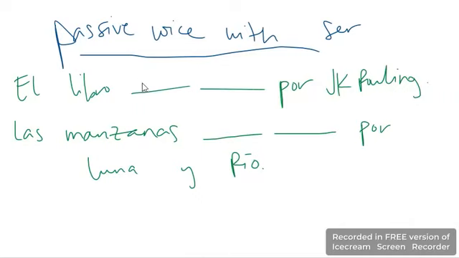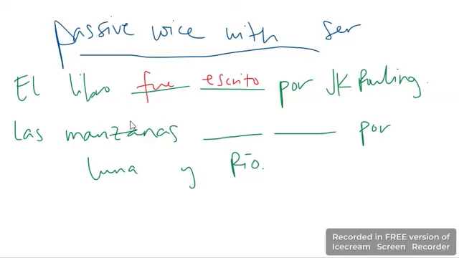So normally this is in the past tense, although you can use it in any tense, future, conditional, whatever. But normally it's going to be in the preterite. So el libro, and then the preterite for ser, for libro would be singular, so it'd be fue, and then use the past participle of escribir. So that would be escrito because it's irregular. El libro is singular and masculine, so escrito is going to be singular and masculine.